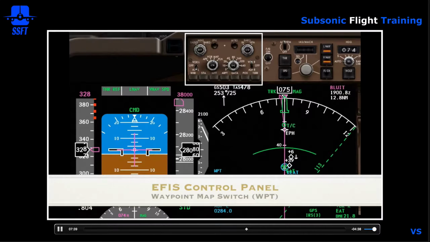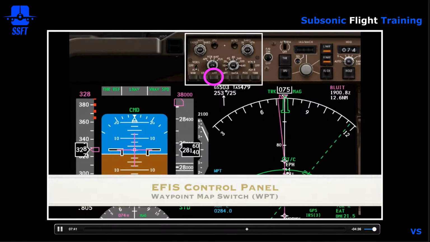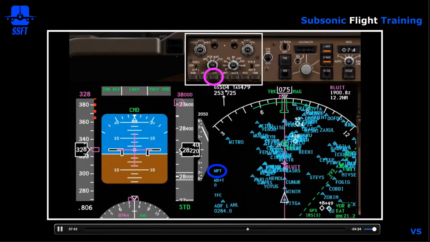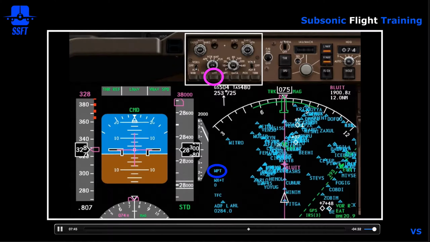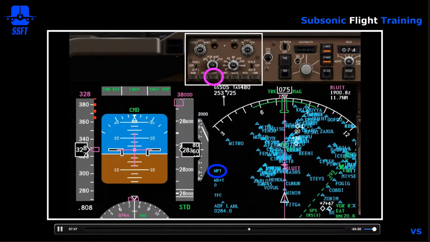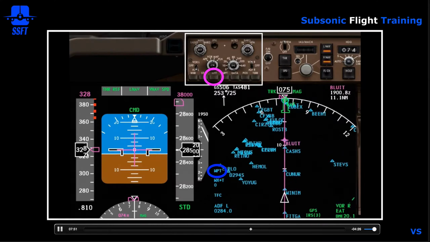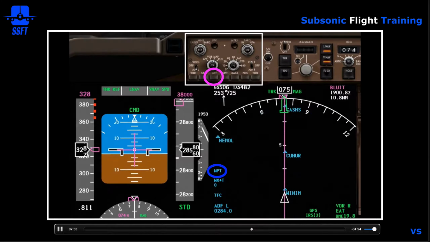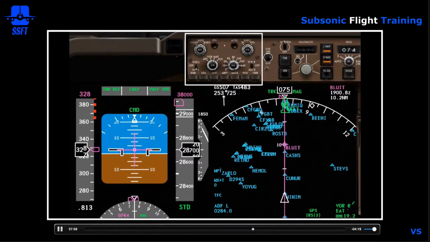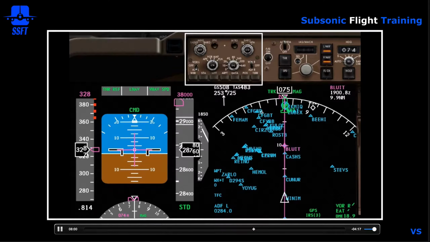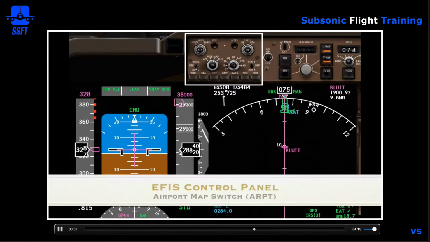Let's take a look at the waypoint switch. If you turn the waypoint switch on, you'll get the waypoints that are displayed in the database for your selected range. You'll only see waypoints in the 10, 20, and 40-mile range. You can see here we are in the 20-mile range, now we're in the 10-mile range, and we see waypoints. As soon as you go above 40 miles, the waypoints disappear. You can see that it can get rather cluttered with a lot of waypoints, so they're inhibited from 80 miles